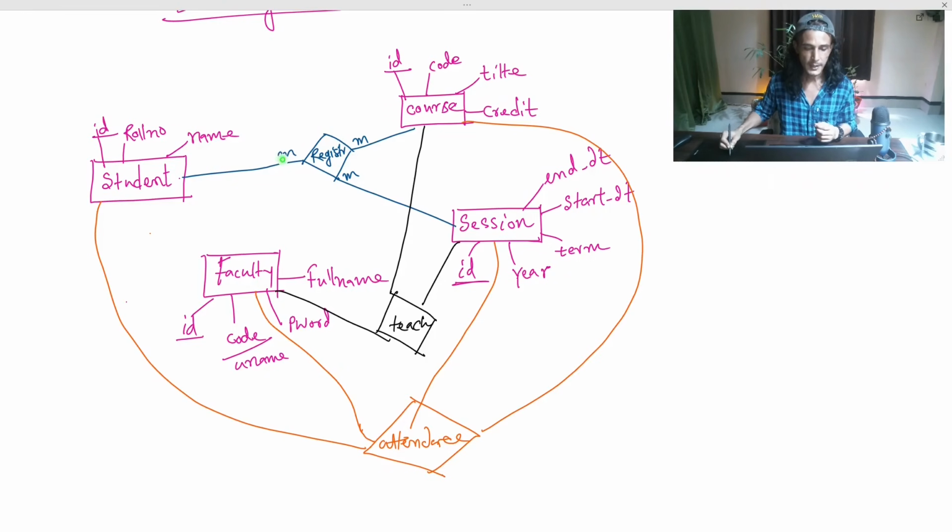So here I'm again writing this cardinality as M. It means one student can register for multiple courses. One course can be registered by multiple students in multiple sessions, or in a session there could be multiple students registering for multiple courses. So usually when it is a ternary or m-ary relationship, all these are M. Okay. Now the main point is that these three entities are participating in this m-ary relationship, which I'm calling